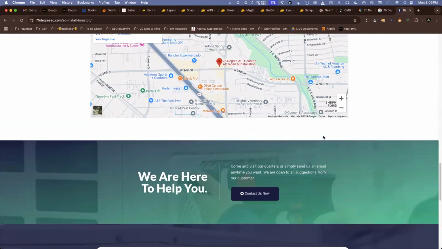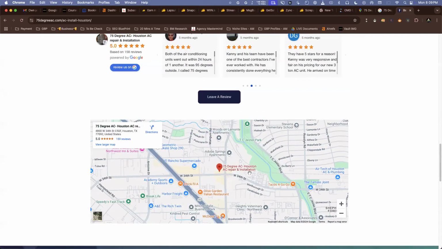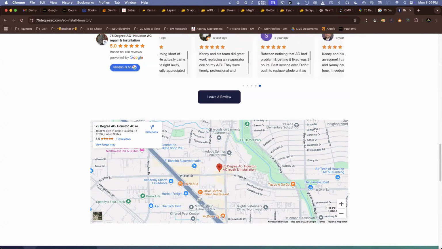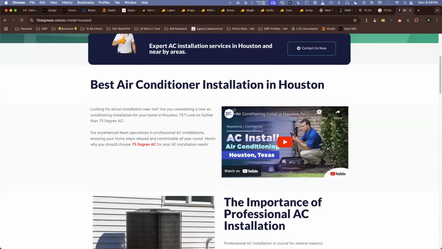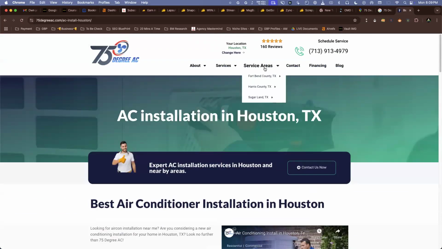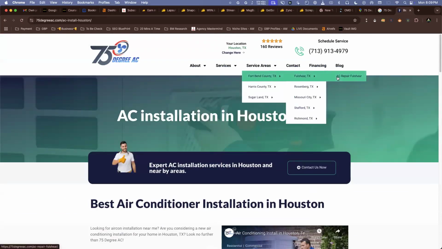It's most important. Just embed your business map on each page, and in the backend, each page has its own schema markup. Every page has its own schema markup. Okay, if you talk about the location pages,